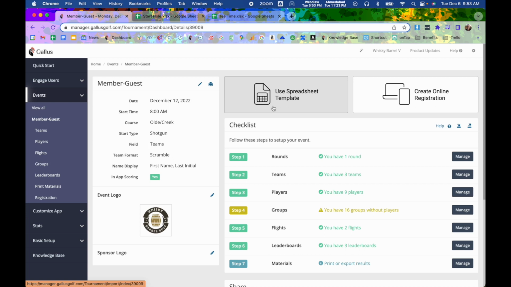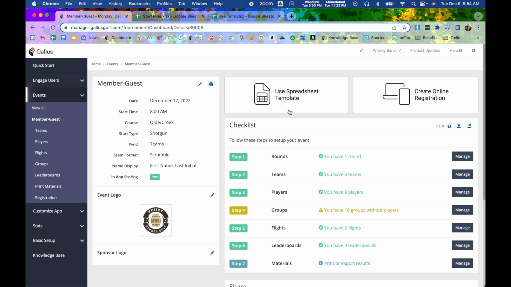You of course could go into the software and manually input every single piece of information, and you're totally free to do so. But many course operators want to just really quickly get it done in one shot. Maybe you're familiar with Excel spreadsheets and that's the way that you work. So we found that this is a really, really quick and easy method to get all of your information imported